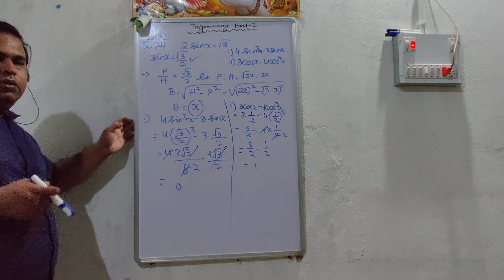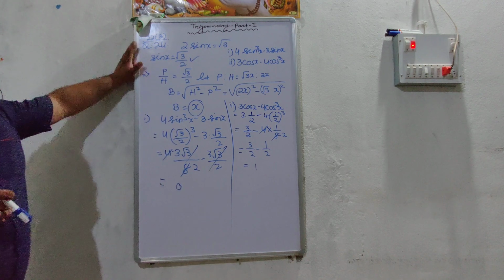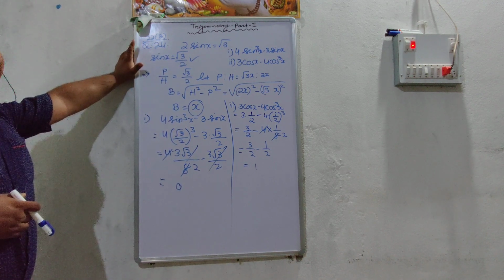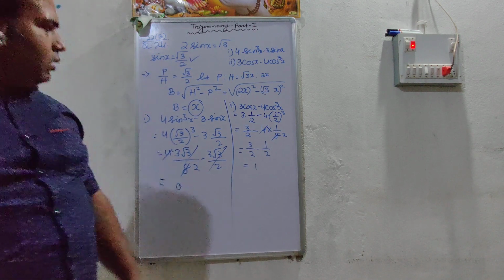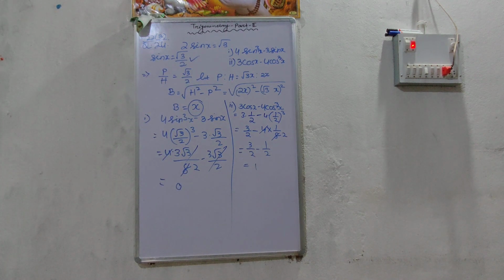It can be done in another way. After finishing chapter 23, this will be quite easy for you, and you will know the values of trigonometric functions. Understood? So this is the solution in this way. You can do 22b. It is very easy. No problem. You will take 2 days to complete this chapter.